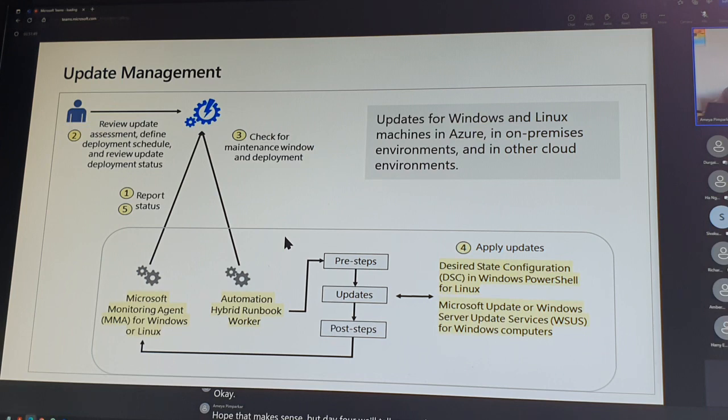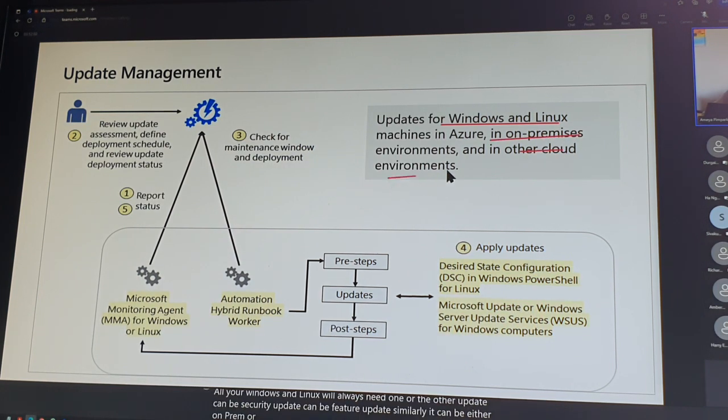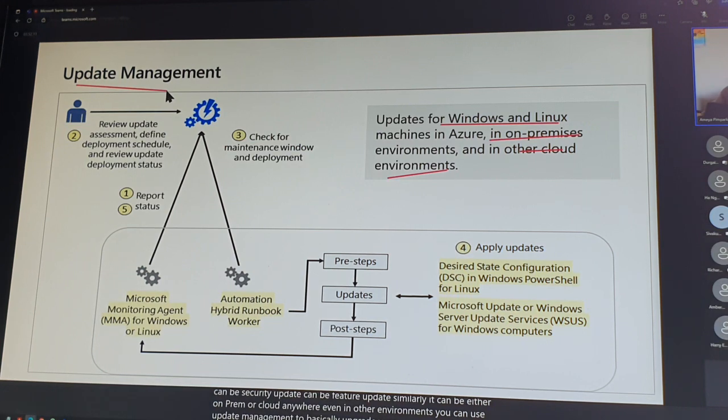Now next is Update Management Center. Now all your Windows and Linux devices will always need one or the other update. Can be security update, can be feature update. Similarly, it can be either on-prem or cloud, anywhere, even in other environments. You can use update management to basically upgrade your virtual machines or your OS which has Windows or Linux. To do that,